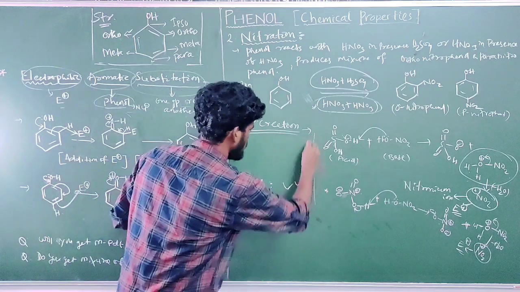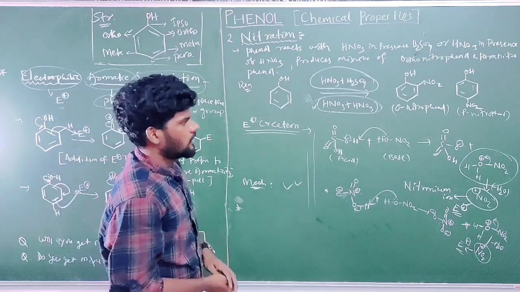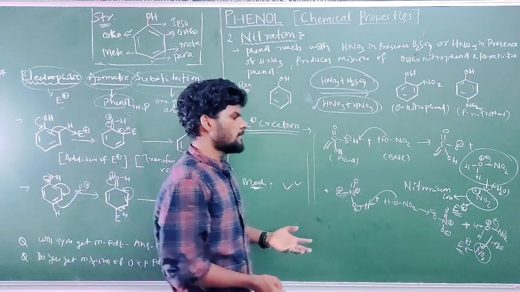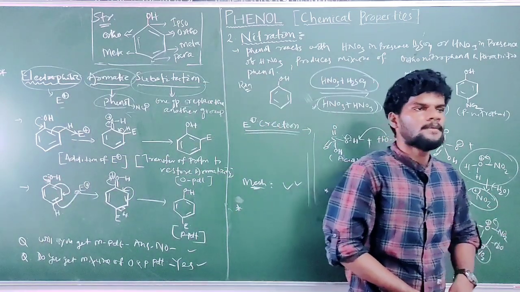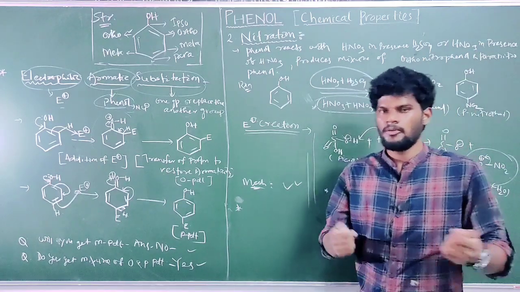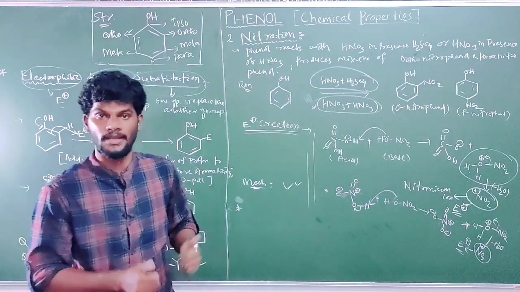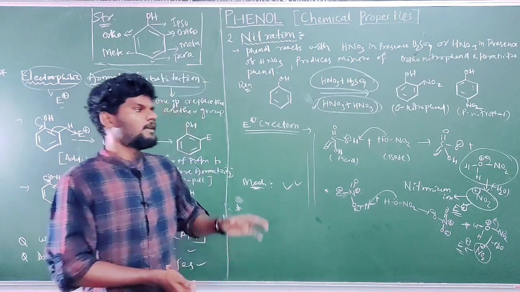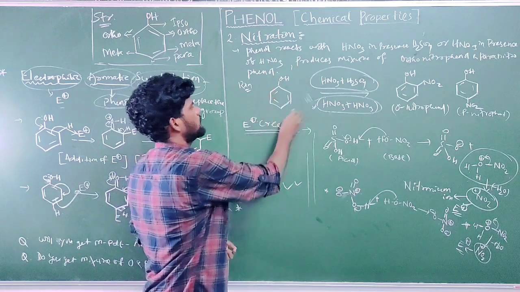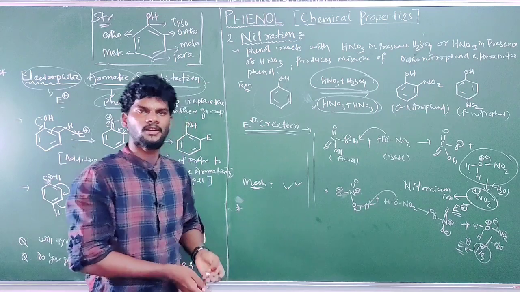So the point which I was saying: two types of HNO3 you can use, concentrated HNO3 and dilute HNO3. What is the difference? In case of concentrated HNO3, the number of HNO3 molecules will be high, or the density of HNO3 molecules in the reaction beaker will be high. So in the surrounding or vicinity of the phenol ring, definitely more number of HNO3 are there.